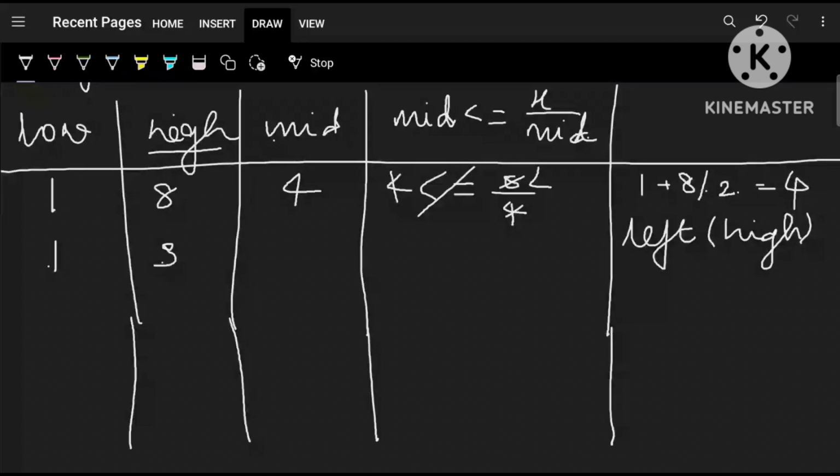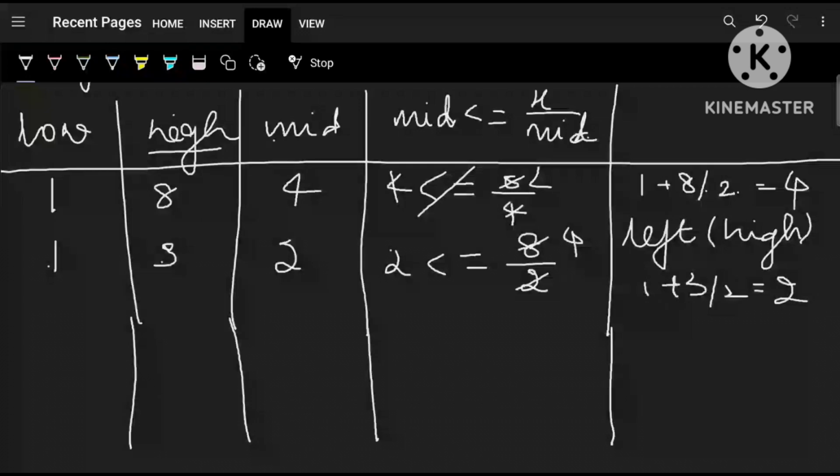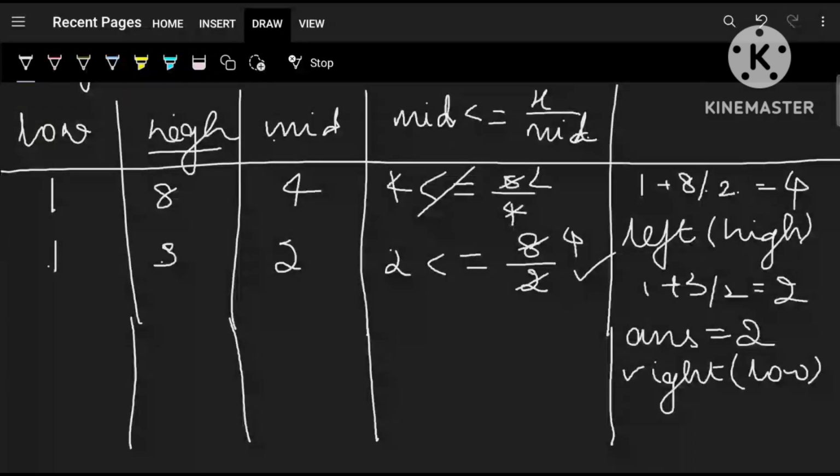So if low is 1, high is 3, the mid value will be 2, that is 1 plus 3 divided by 2 is 2. Mid value 2, and mid value is less than or equal to x divided by mid, that is 2. So 4, 2 is less than or equal to 4. So this satisfies, and we'll make answer as 2, and we'll again search in the right side. If we get any other value higher than this, we'll make low as mid plus 1. So low becomes 3,